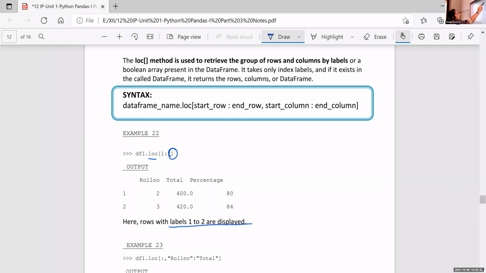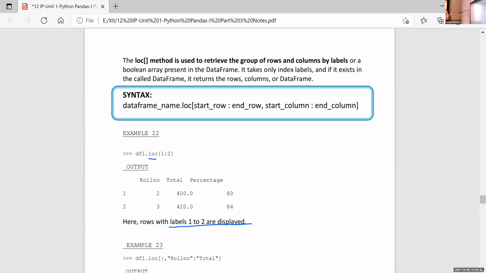For that, I am using the statement df1.loc[1:2]. Here, what is the meaning? Donna, what is the meaning of this statement? We already explained this loc. What is the meaning of this df1.loc[:, roll number : total]? What is the meaning, Donna?